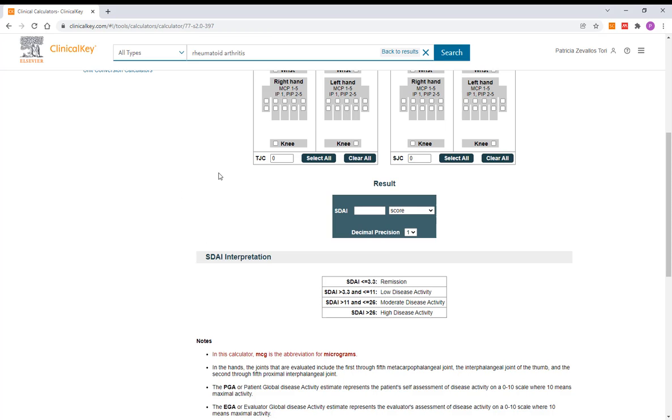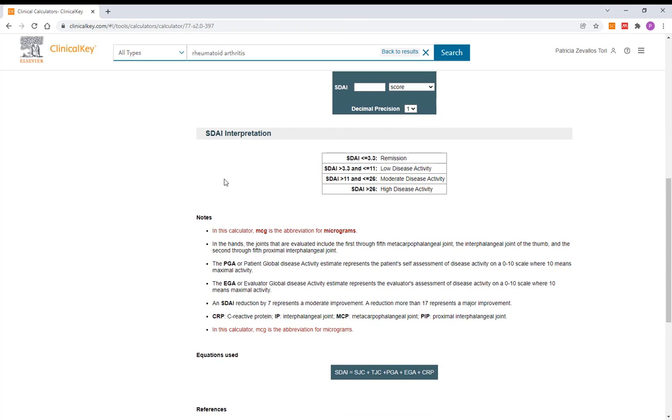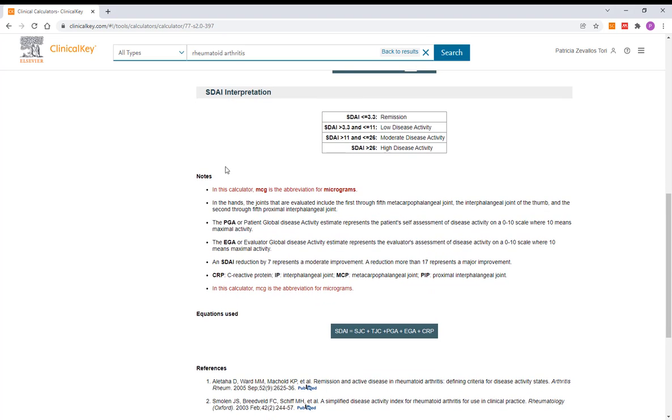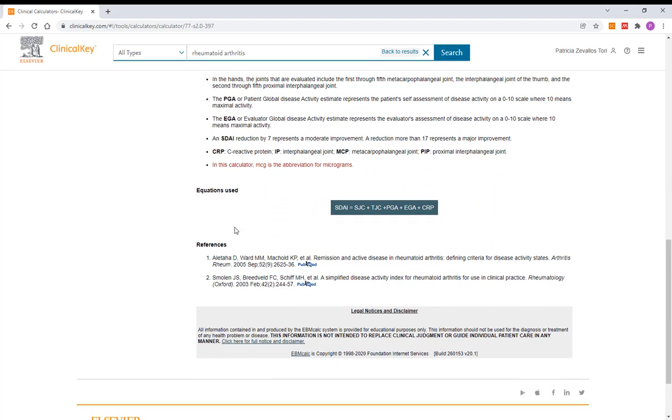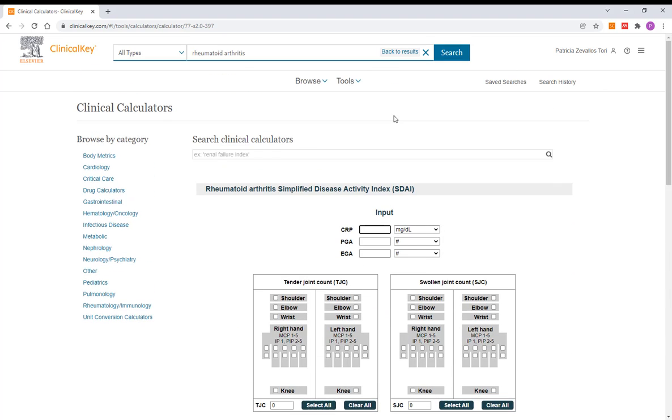All the calculators in Clinical Key have this information, and of course all the references related to the calculators. As you can see, we have a big list of different calculators.